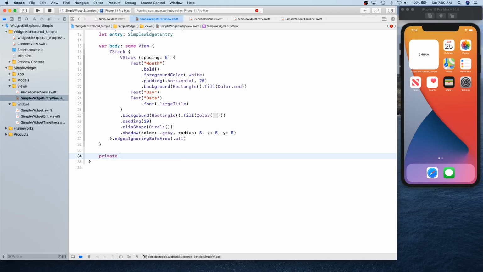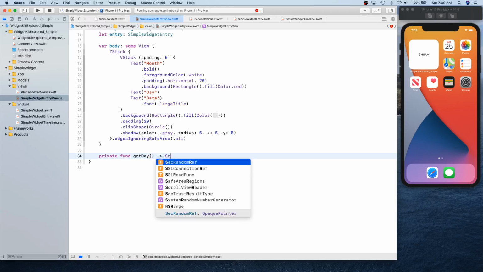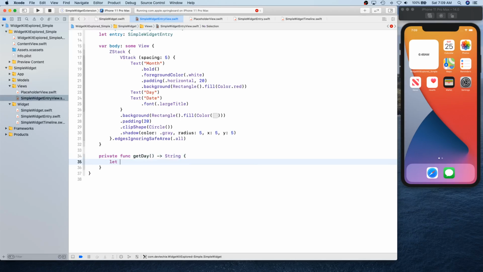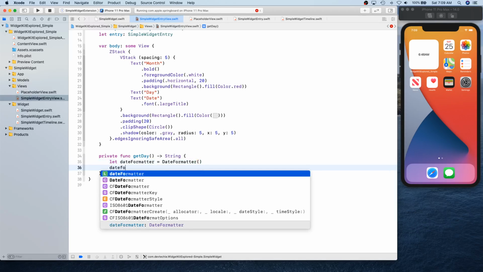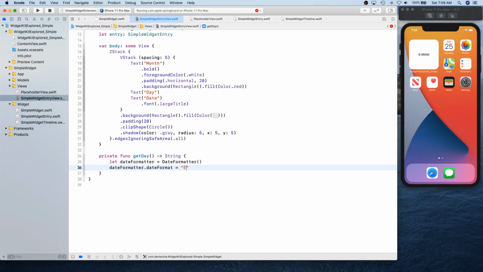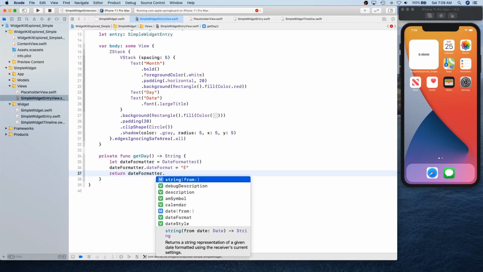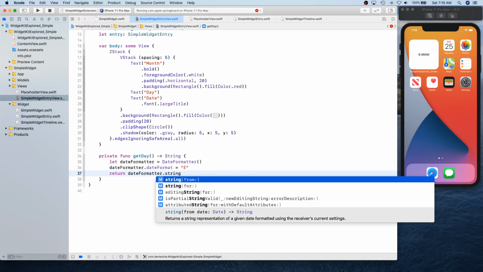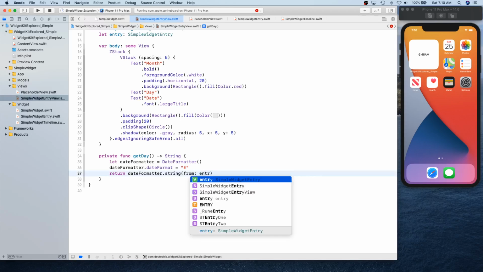All right, now let's create some functions to populate these month, date, and day values. So we're going to say private func get day, this returns a string, and we're going to simply return date formatter dot string from entry dot date.